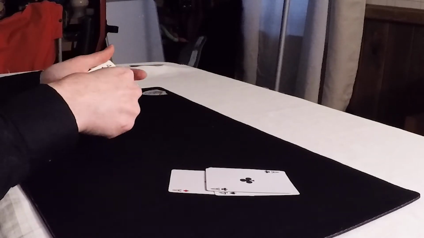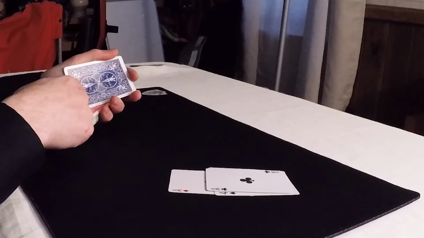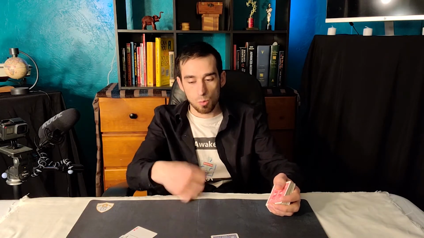Now you pick them up together and it creates the illusion that the back is blue. Now the cool thing from here is you can just show the card one more time if you want and then flip it onto here. But if it's on here, the other side is red, which we're going to take advantage of with their perception